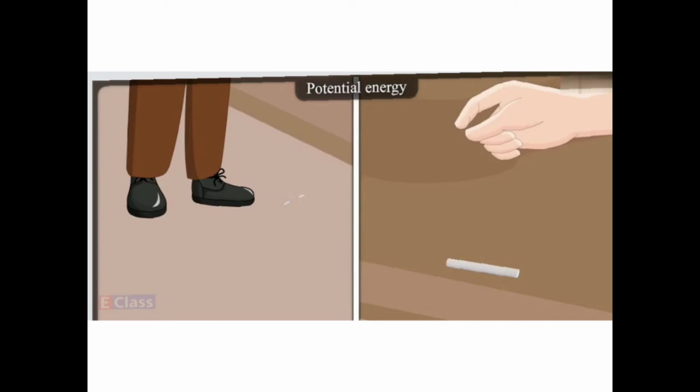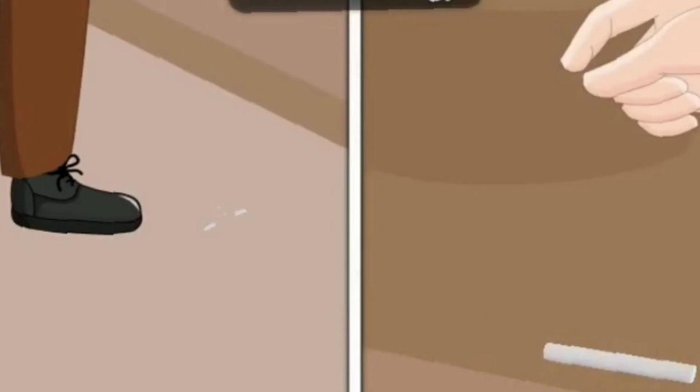Now just observe this picture. You are holding a chalk at a height of 5 centimeters from the floor here. Okay, and you are allowing it to fall down. Here you are getting the chalk. But when you are standing, your height is around 5 feet, and you are again releasing the chalk. What will happen? What is observed here? Yes, it is broken.